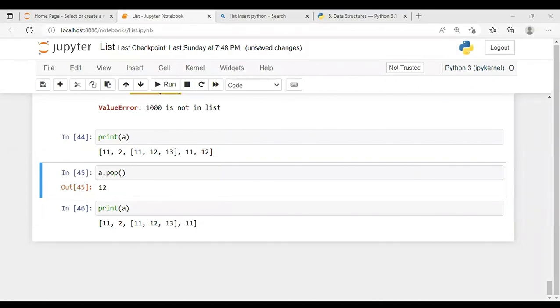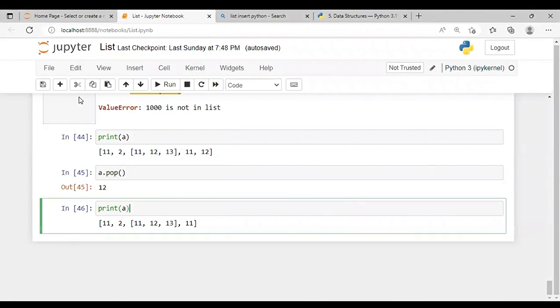Okay, a dot pop function will delete an arbitrary element from the list. This is the definition of the pop in the documentation. No, it is not going to delete the middle or any element, because by default it is deleting the